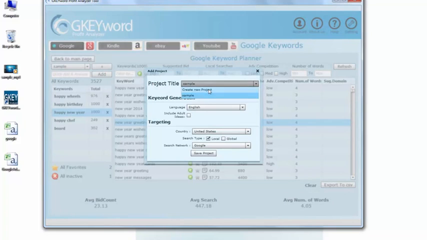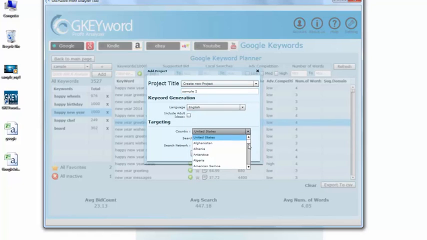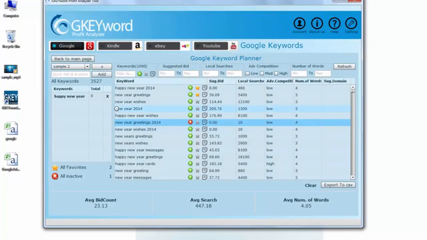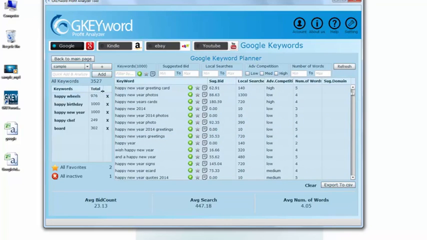We have a facility for creating projects. If you create a project, you can add the country and the language you are targeting in Google. That will help you a lot in managing all the keywords and the research. So I have created a new project, sample 2, and I have added a keyword, Happy New Year, so it will search all the keywords with this, and you will get all the results very easily and very quickly. You see that we are managing the software with the project name. That will be useful for you.